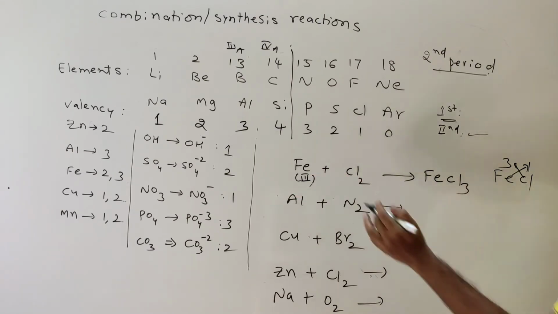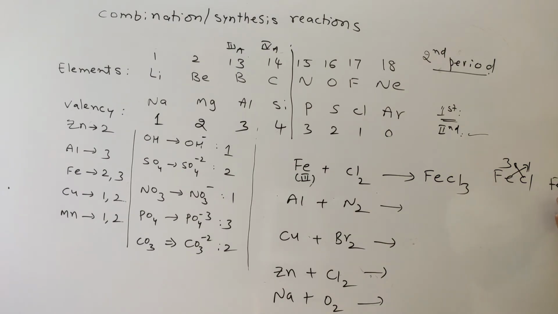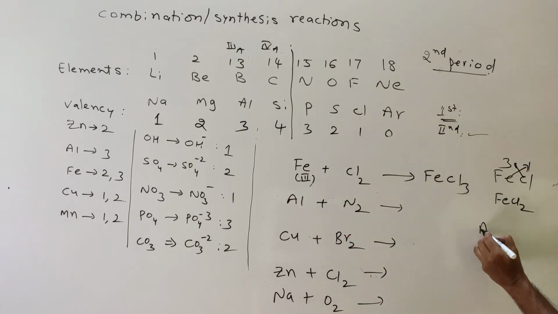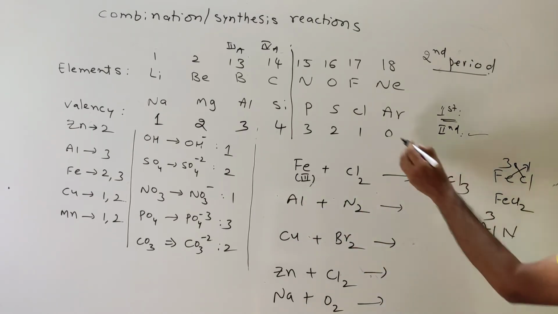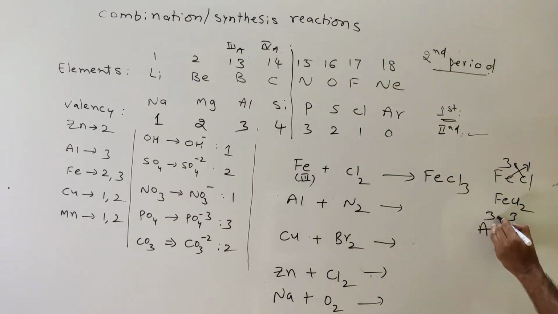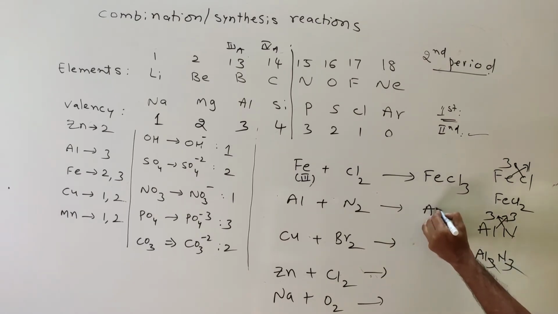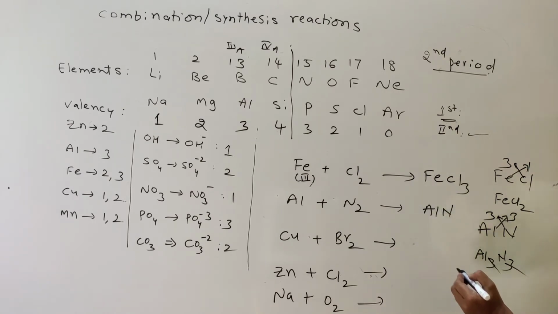Now, if it is Fe plus 2, so what is your answer? FeCl2. Okay. FeCl2 is your answer because of the +2 oxidation state. So with Cl2 you can get +2 oxidation state. Fe plus 2. With Cl you can get Fe plus 3. Okay. Now aluminum nitride, right? Al N. Aluminum 3, nitrogen is also 3. So by criss-cross, what will you get? Al3N3. So no need to mention 3 and 3 if both are the same. So just AlN.